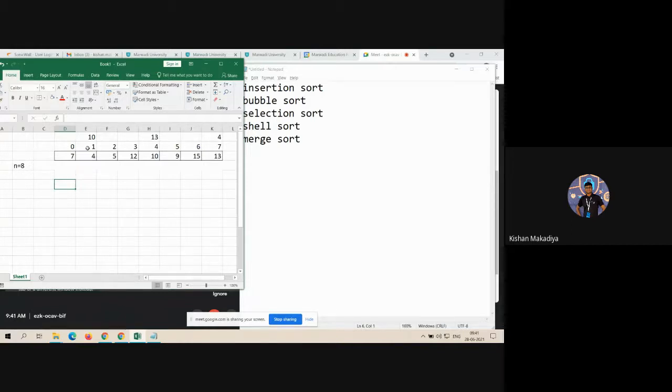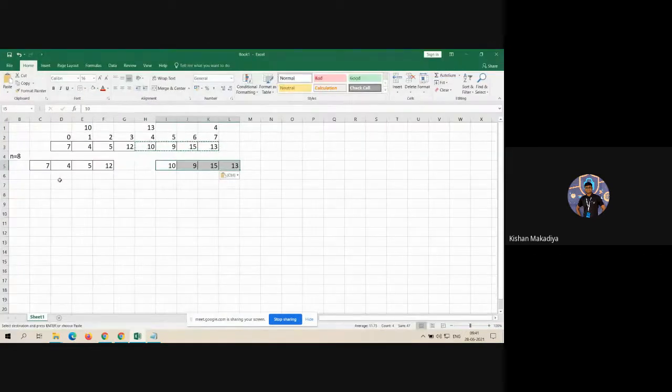So here we have a total of 8 elements. In the first pass, I simply divide by 2. Then divide by 2 again, up to 1 element.